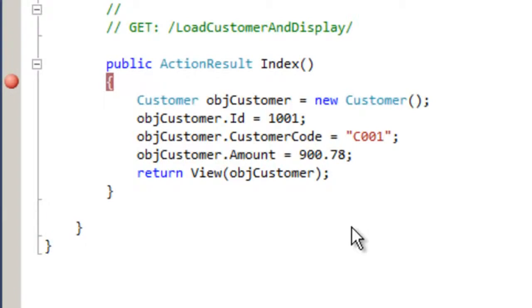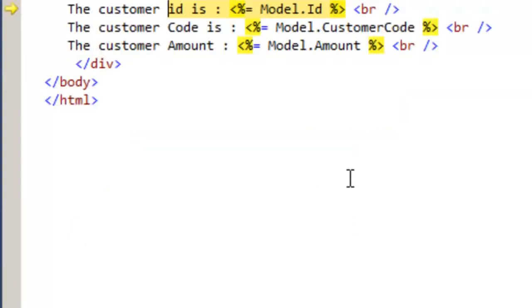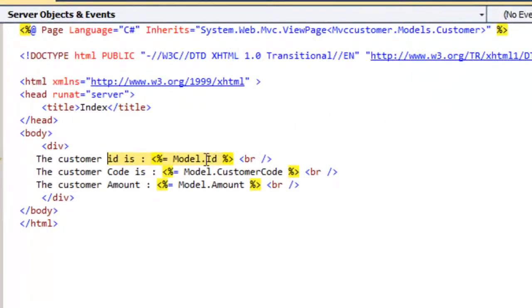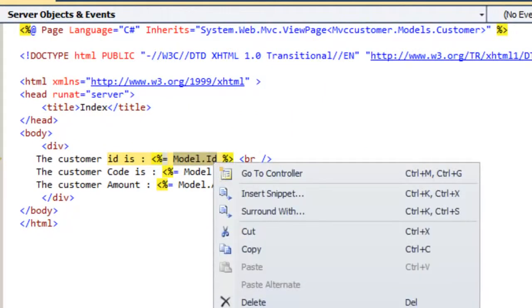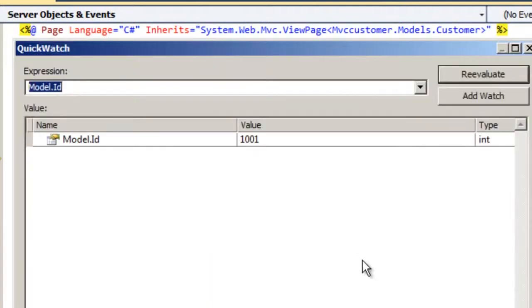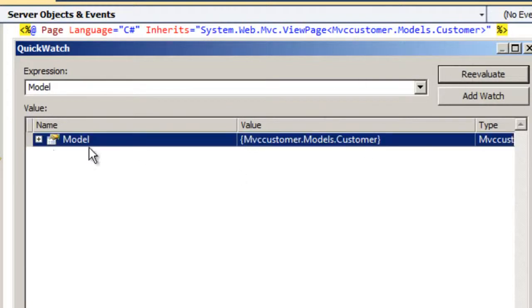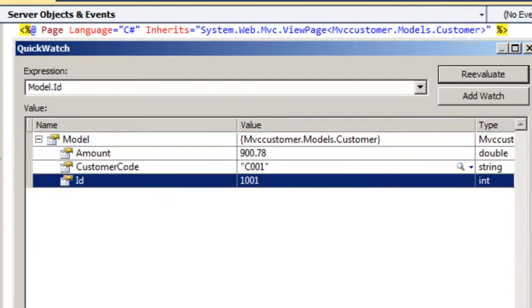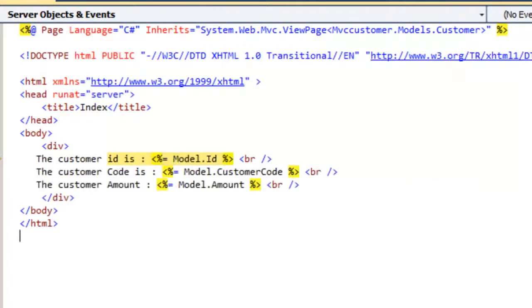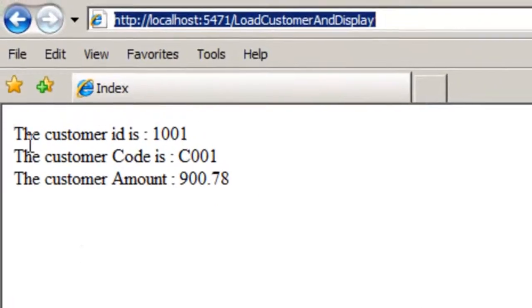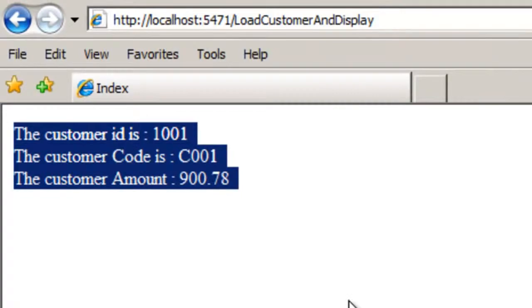So we'll go into the debug point in the debug mode of the view. So there's our ASPX page, and you can see that the first one is model.id. So if you do a quick watch here, let's go and see the complete model. So if you do a quick watch, reevaluate, you can see all the data here, and F5, and that's our actual display completely.